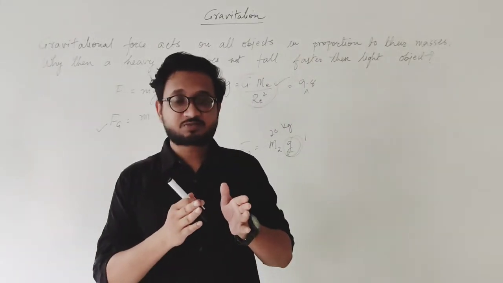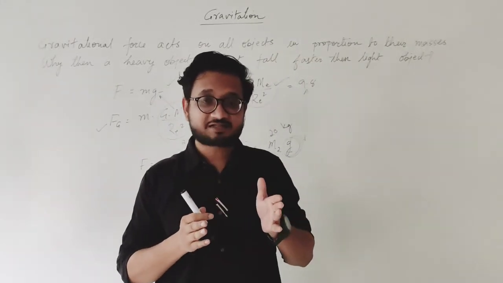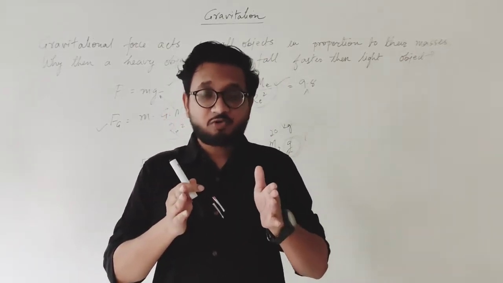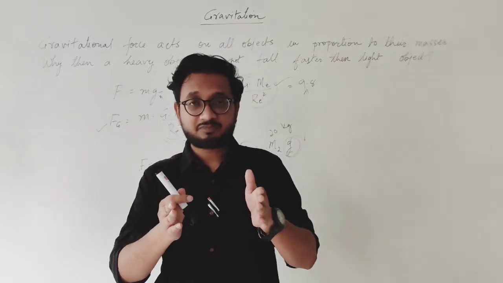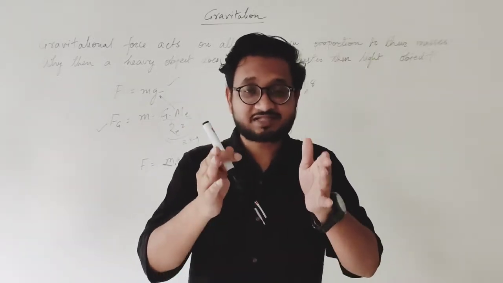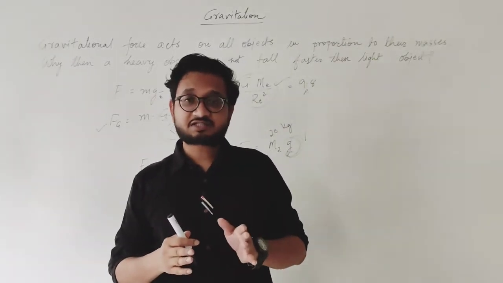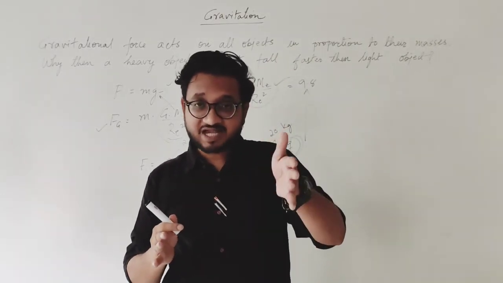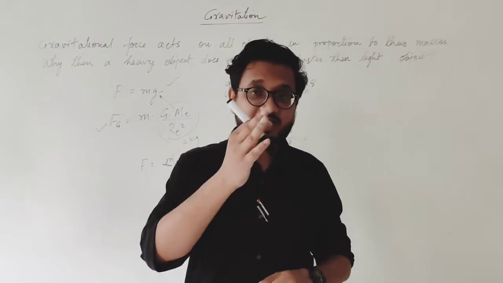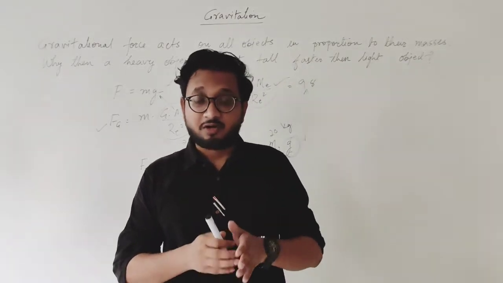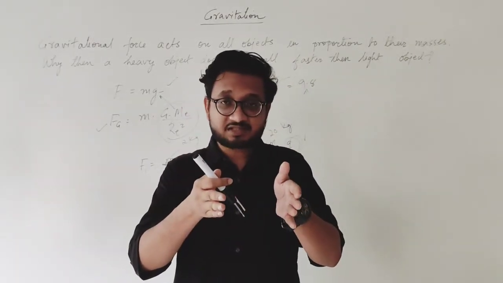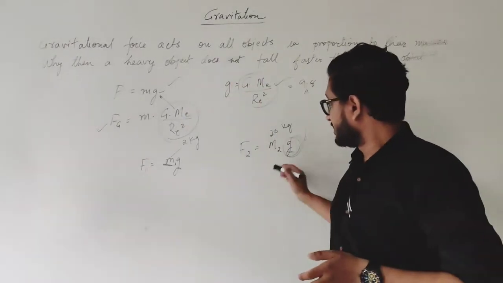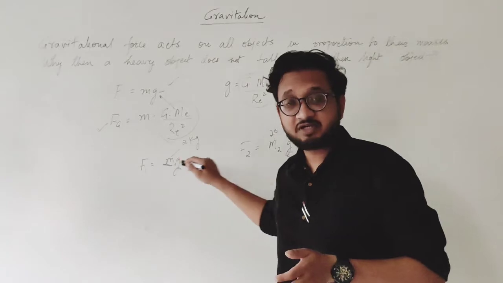Imagine two vehicles moving together. One is a cycle and the other one is a motorcycle. They both are moving with the same velocity. Okay? They both are moving with the same velocity and same acceleration. If they strike a particular object, then the force applied by the cycle will be less and the force applied by the motorcycle will be more. But they both were moving with the same acceleration. But the force was different. So it doesn't matter whatever the acceleration, the force will be different.